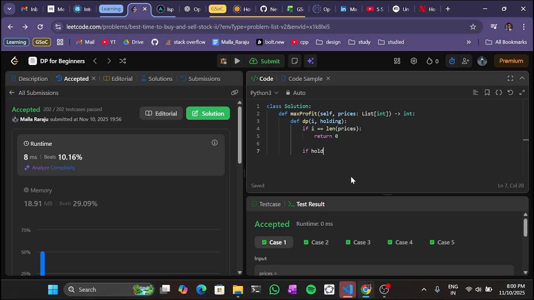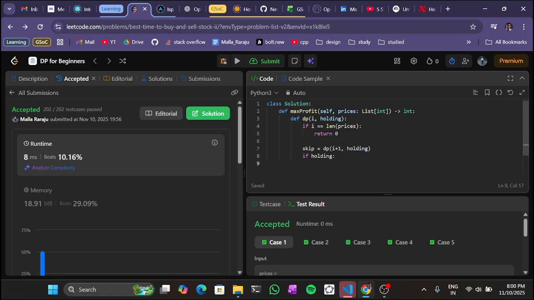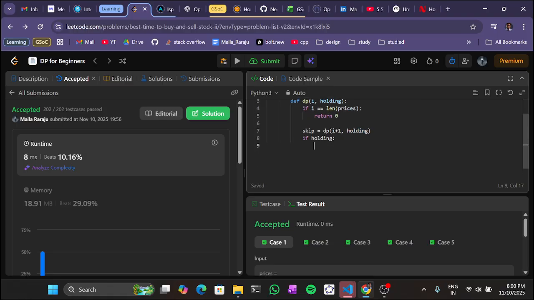If we are holding, skip equals to, which would be skipping means we are choosing the same choice as before. So if it is holding, we are holding. If we are not holding, then we are not holding. Or you can choose to